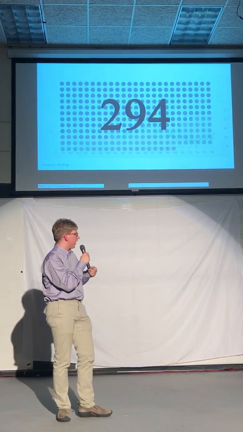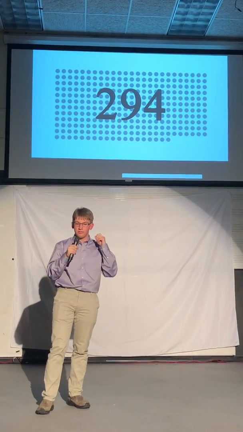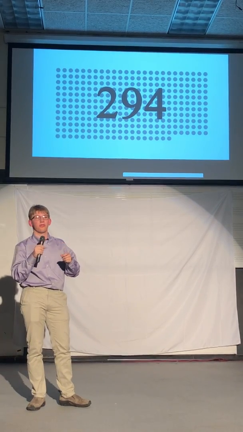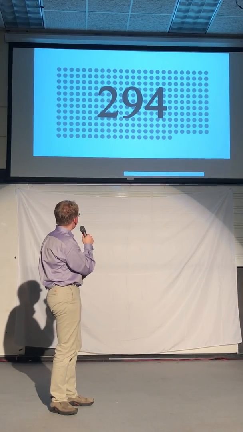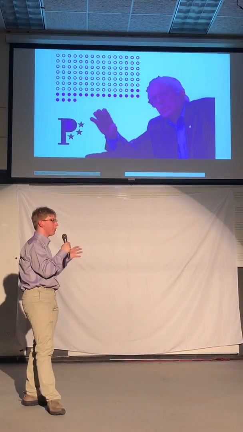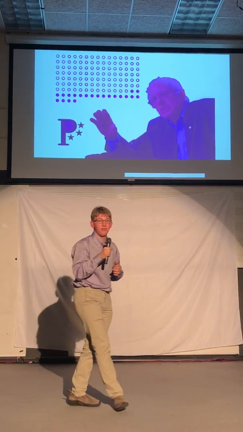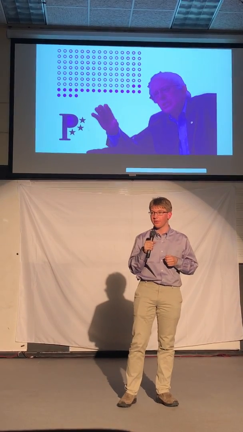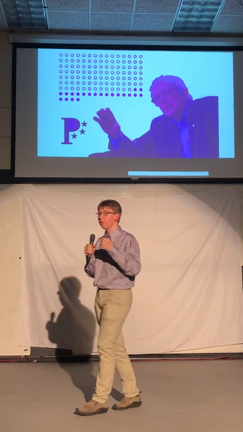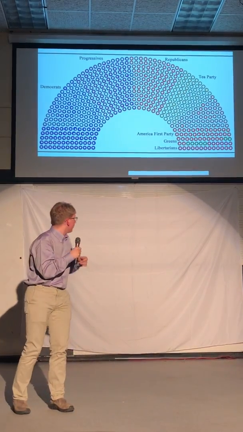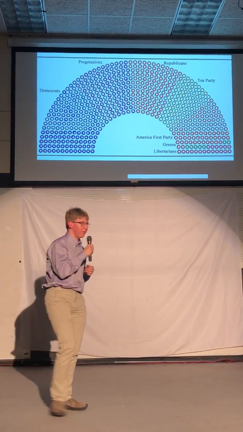Remember the other 294 seats I set aside earlier? Well, those are used to ensure the distribution of seats in Congress is proportional to the party vote. Let's go back to my mock election. The Progressives received 21% of the party vote. Under MMP, this means they will receive around 21% of the seats in the House, or 124 members. 21 of these come from district elections, and the other 103 come from that pool of seats we reserved previously. This same tabulation is calculated for all the parties, with the number of seats for each being determined.